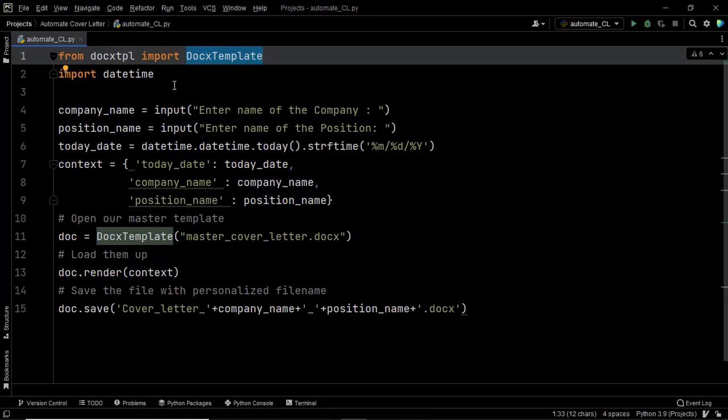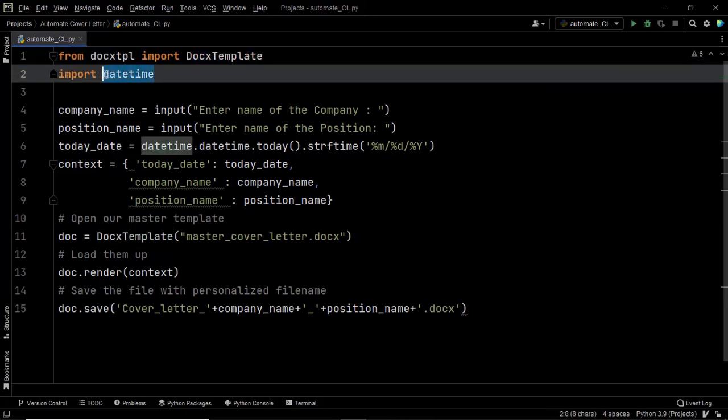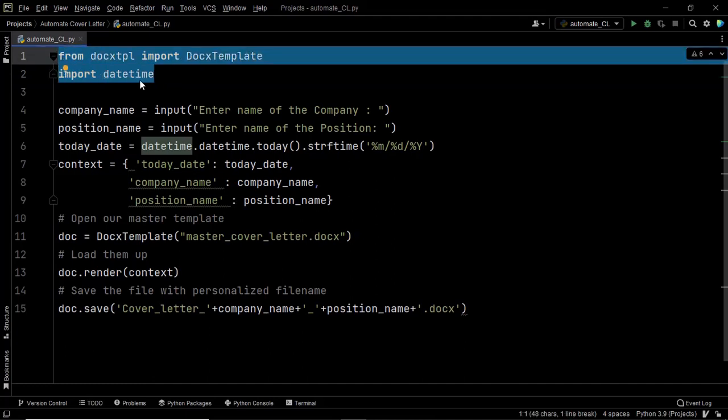Further, you also need to import the datetime module, because if you remember, we also had a placeholder to feed in the present date or the current date. So that is why you need the datetime module as well. So our second step is done as well, wherein we installed the required library and imported the necessary libraries into